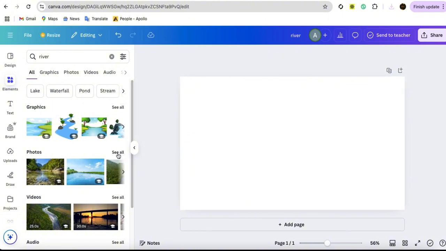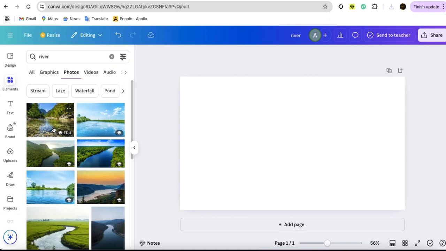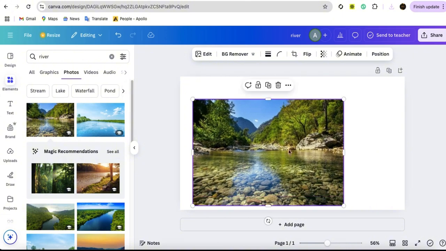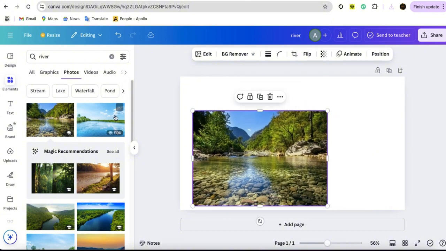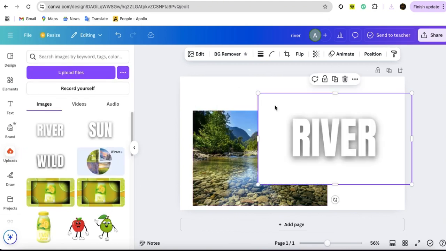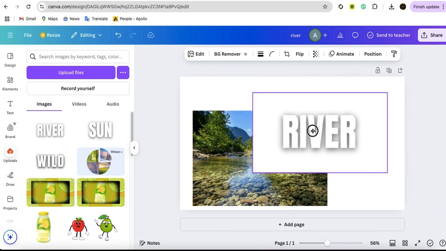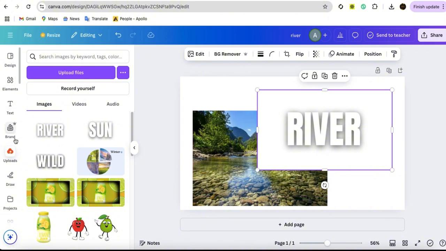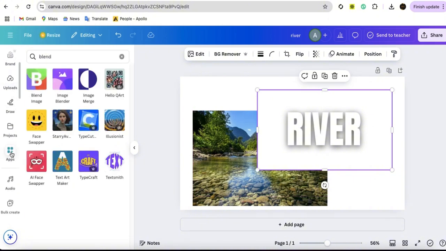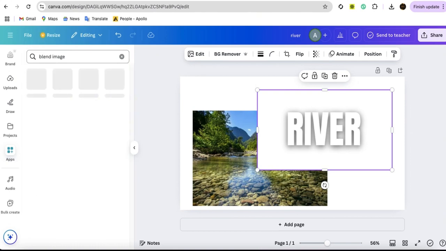So I will use this Canva photo. Go to photos and take this photo. Okay, go to uploads, take this photo, then go to apps, search this blend image, enter,